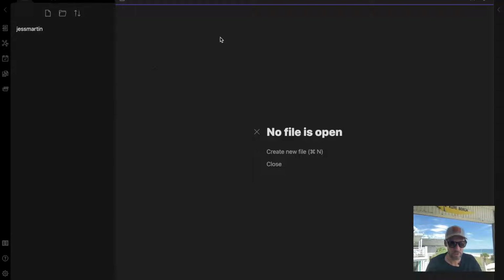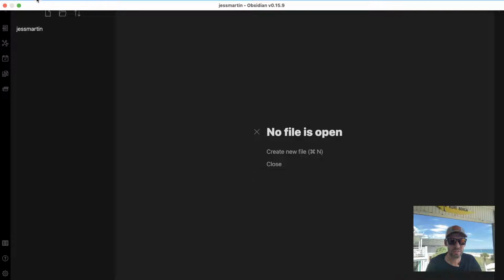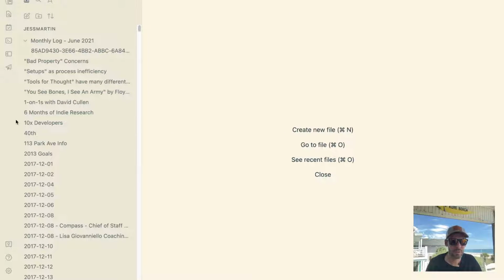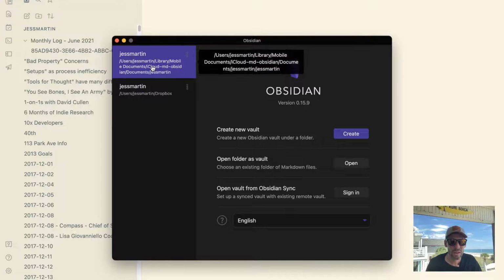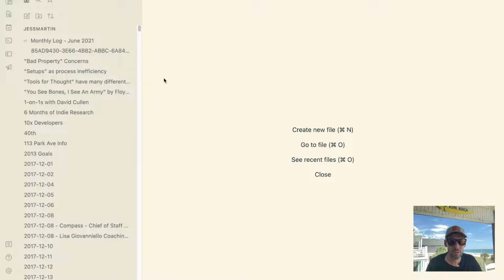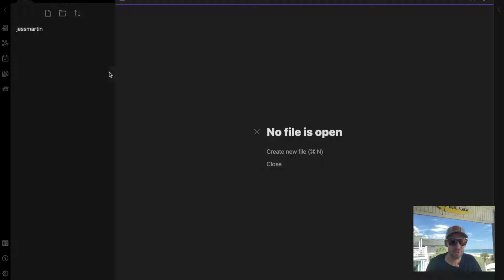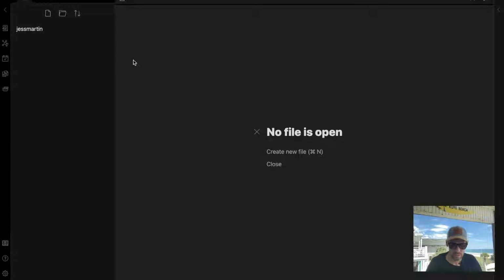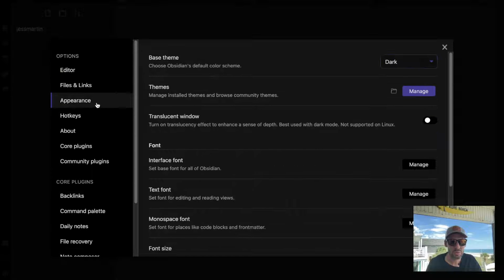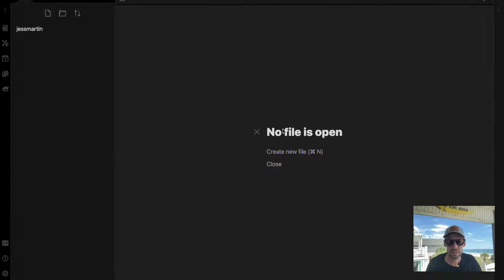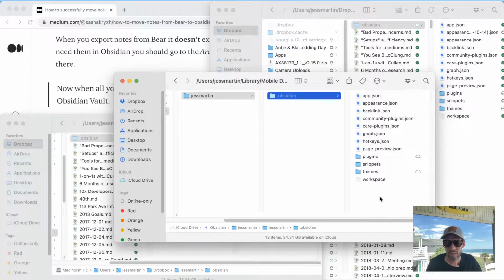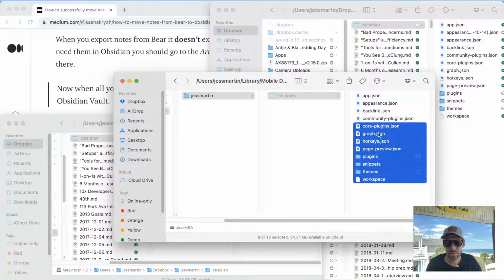I'm gonna go ahead and close the vault right now, if Obsidian will let me, and then open it back up. So close that window. Let's go back to that, open another vault window, and open this one, which is the one that's in iCloud. No file is open. Let's see, if I go to at least community plugins, there should be a list of plugins. Oh man, okay, that was not what I expected.